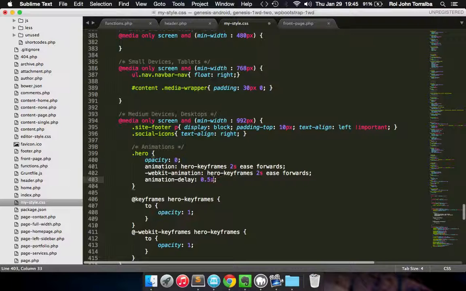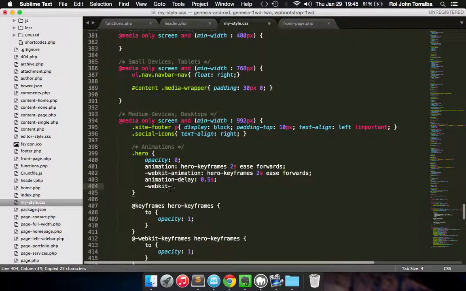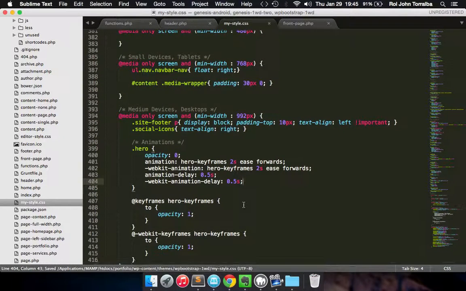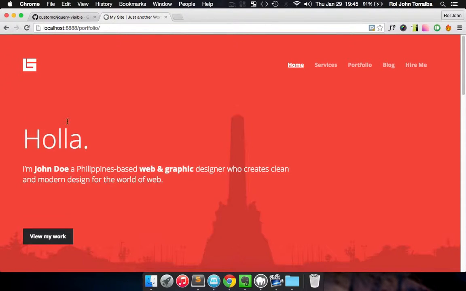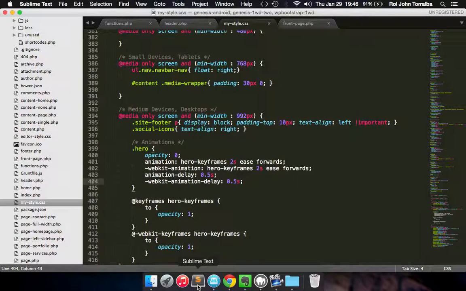Now we're going to add the animation-delay. I'm going to set it to 0.5 seconds, and the WebKit version. Save that, reload, and there you go. Now we have a slight delay in the animation, which makes it look better. So reviewing the code,